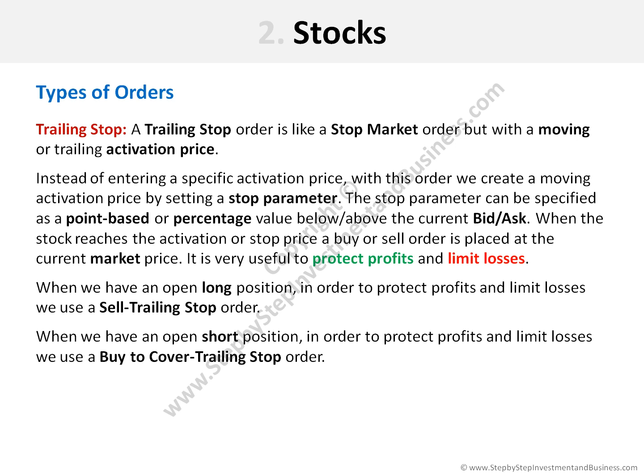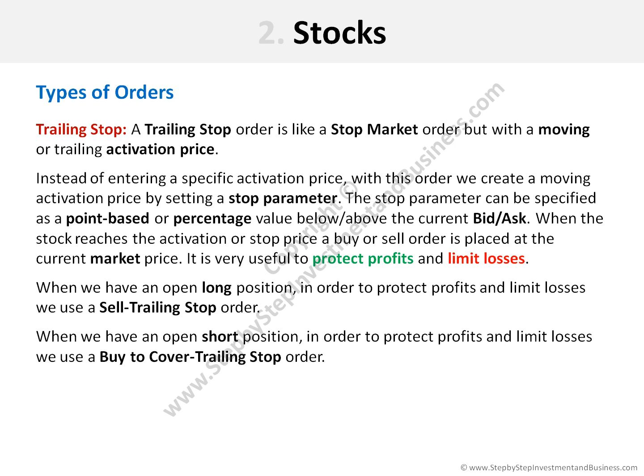Finally, the other type of order we had mentioned is the trailing stop order. A trailing stop order is like a stop market order, but with a moving or trailing activation price. Instead of entering a specific activation price, with this order, we create a moving activation price by setting a stop parameter. The stop parameter can be specified as a point-based or percentage value below or above the current bid or